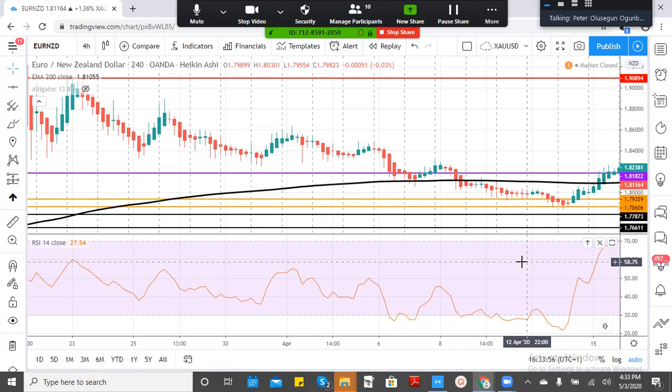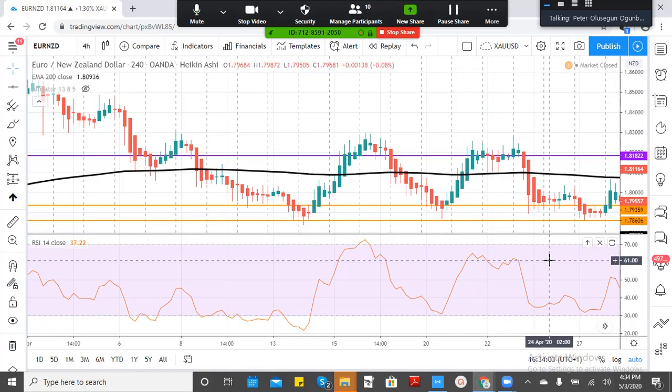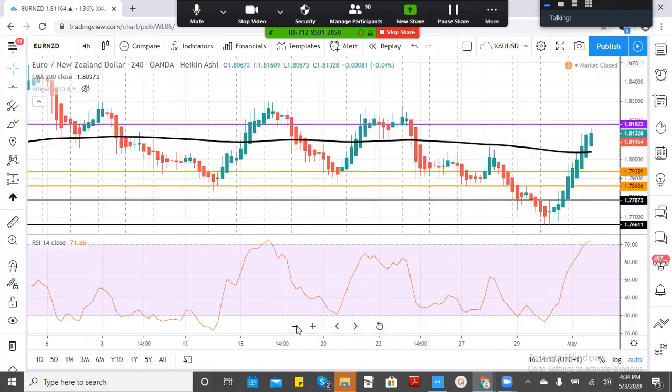So that's the lowest level. The price got to this point, and this has been the lowest level, and it's like the price is acting as if it wants to push back. You can watch this particular line, this particular purple. Watch it very well. I want you to watch that purple. See,